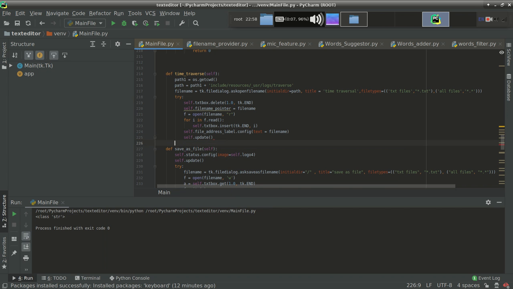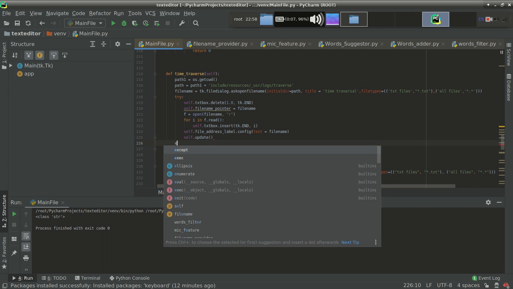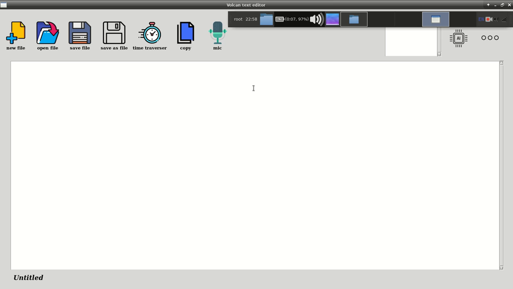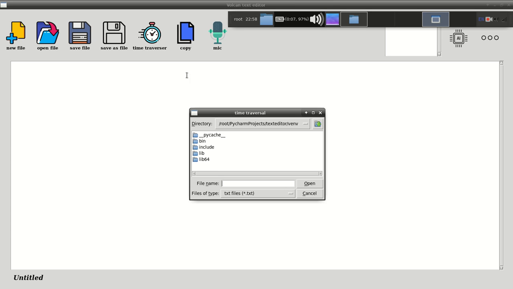And suppose that if I get an exception here, then I will use pass simply. So let's verify it. After running, you can see that if I click over here, it is displaying me the wrong output.